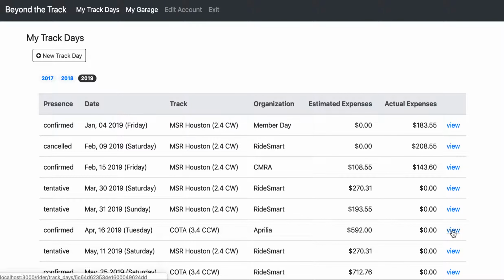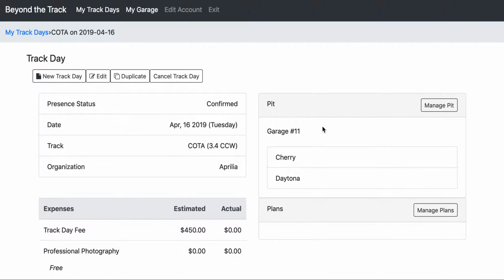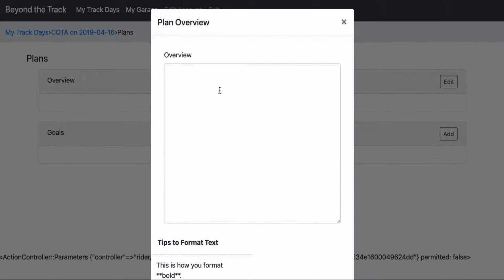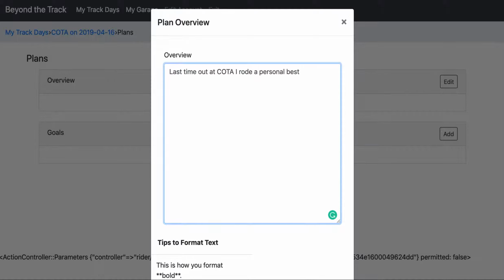So I have my track day registered here already. Down in this area, I now have the plans section. I can hit manage plans, and then I can start by creating an overview of what my plan is going to be for that track day. So I can say, last time out at Coda, I rode a personal best